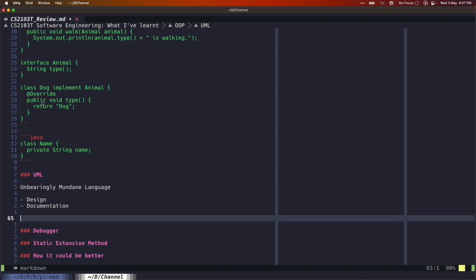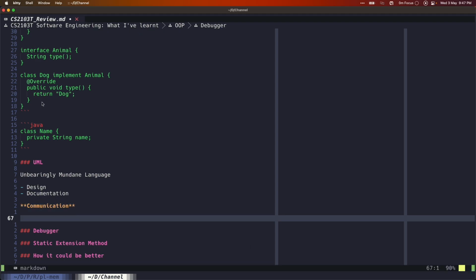And let's face it, the problem that UML is trying to solve is real. It's communication. Because oftentimes, if you do things, you'll realize that what you want to do is drastically different from what your boss wants you to do, or what you want your team member to do is different from what he or she ended up doing.